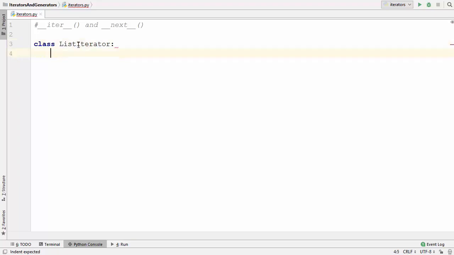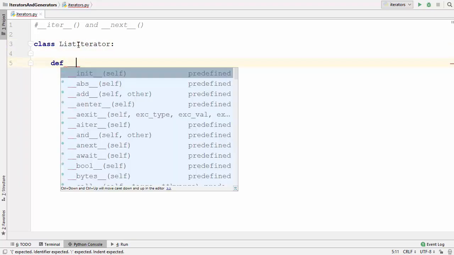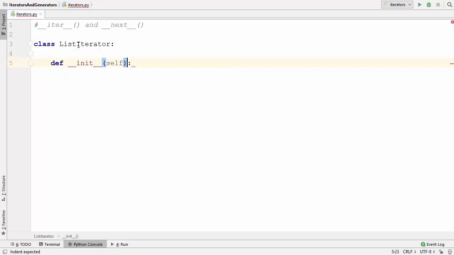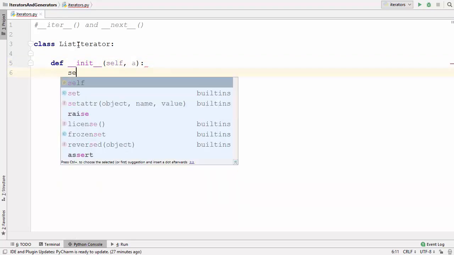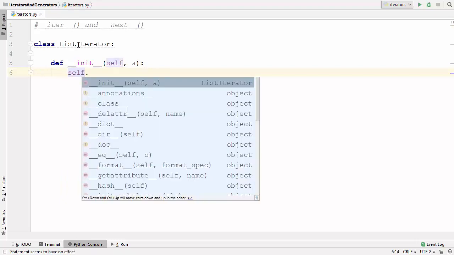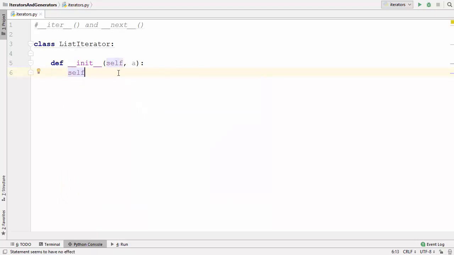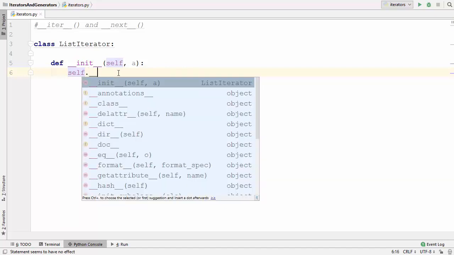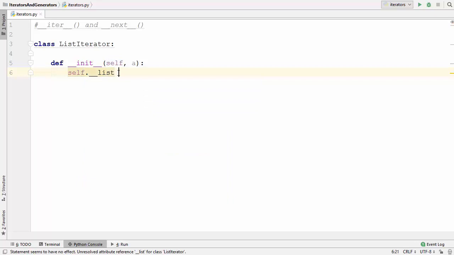In this ListIterator class, first of all, I'm going to define the init method, and this init method is going to take any type of list or any type of collection which is iterable. Then inside this init method, I'm going to call self to create a member variable here, and I'm going to name my member variable self.__list, and I'm going to pass the value of a.